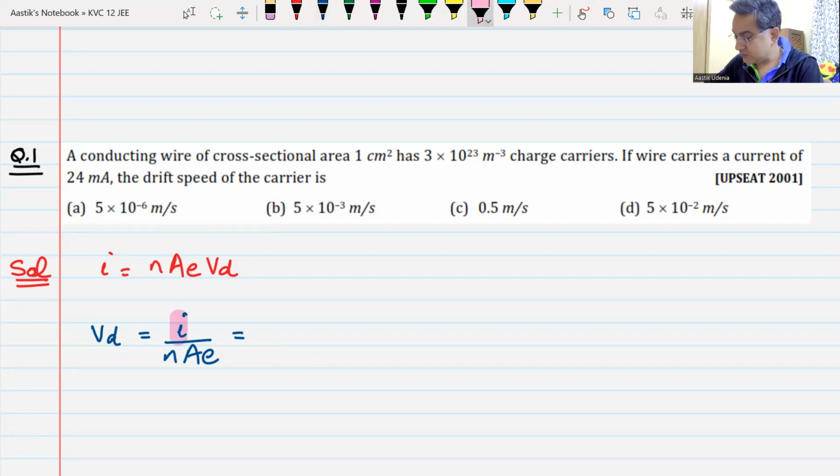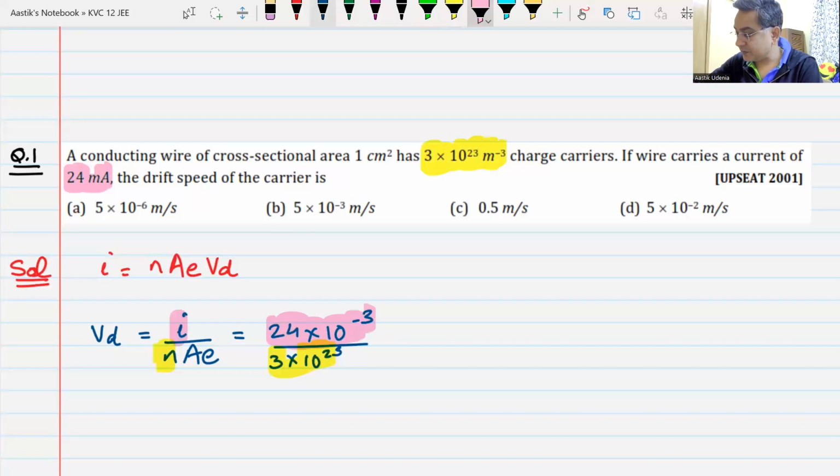Current I is 24 milliamps, so don't forget that: 24 into 10 raised to the power minus 3, divided by the number of charge carriers per unit volume in meter cube, which is 3 into 10 raised to the power 23. I hope everyone understands this. I am just putting in the values which are given, multiplied by